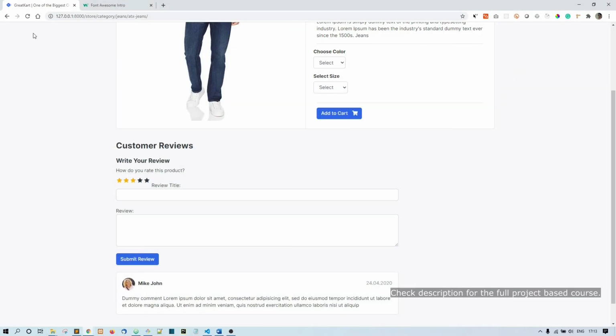So I'll refresh. Now you can see I'm clicking on this 3 star. So what is happening now? You can see the difference between the checked stars and the not checked stars. You got it. These 3 stars are a little bit dark and this is a little light. Now you can see half stars also you can select. All right, so that is done. Now you can see here it is showing the title, 5 and 4.5. You got it. So that's how it works.